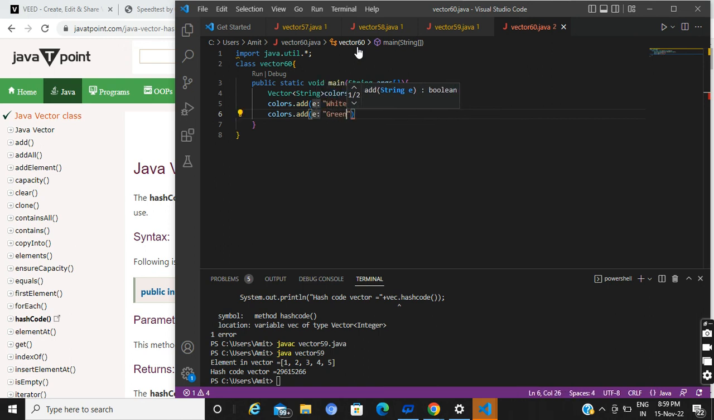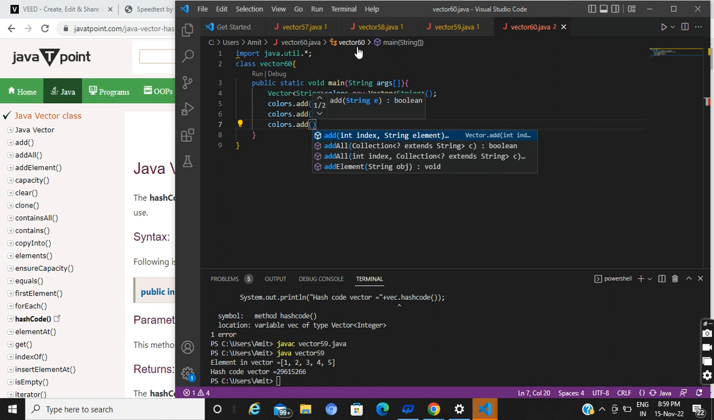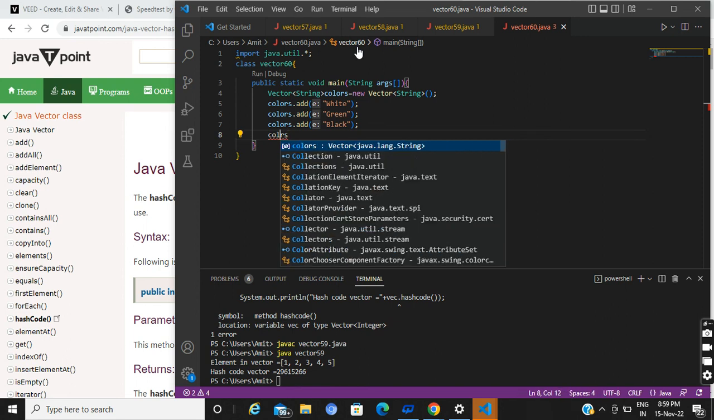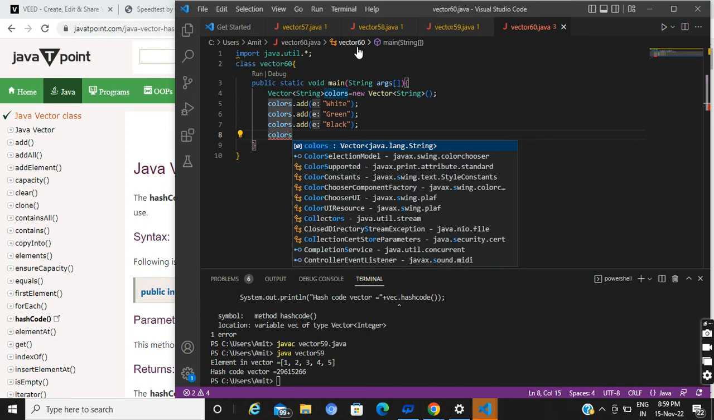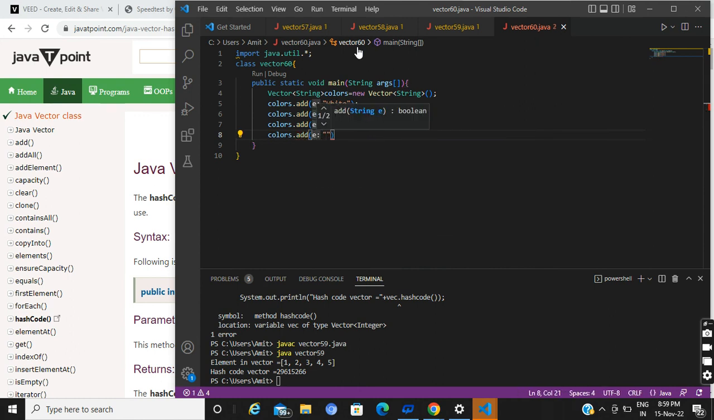Again you put a semicolon, again you take colors.add, and here I put an inverted comma and write the color name, that is black. Again you put a semicolon, again you write colors.add, and I put an inverted comma and write the color name, that is pink. I put a semicolon. Now after writing the vector addition format,